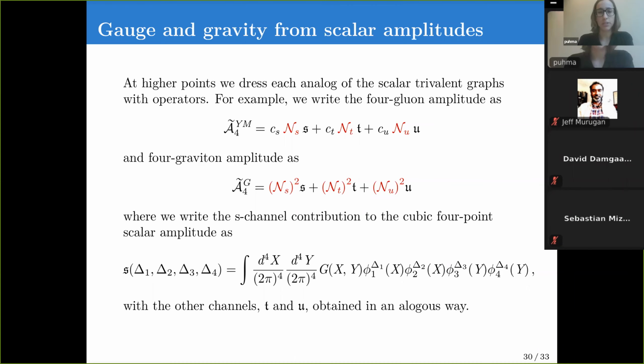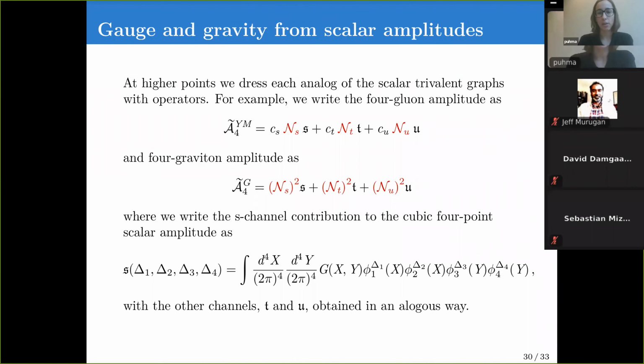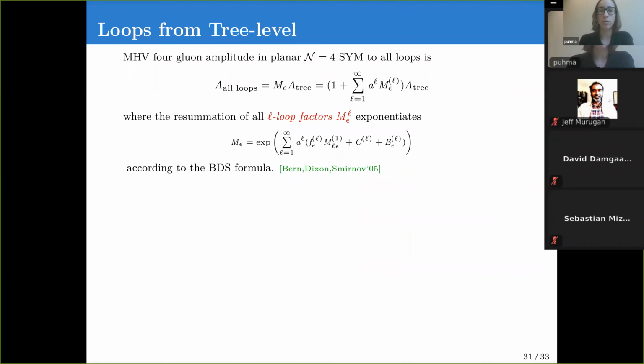Okay, if there are no more questions, let me make some last comments before I conclude. So I didn't have time to talk about loops, but this representation of amplitudes as operators acting on other amplitudes, in this case a higher spin amplitude given by an operator acting on some lower spin amplitude, this structure of having operators acting on celestial wave functions and celestial amplitudes, there is a version of that also for going from tree level to loops. So